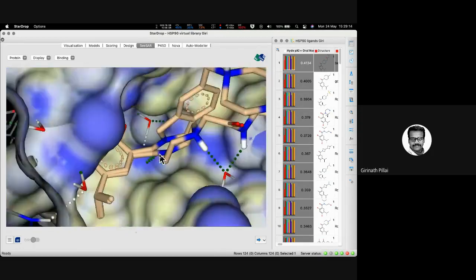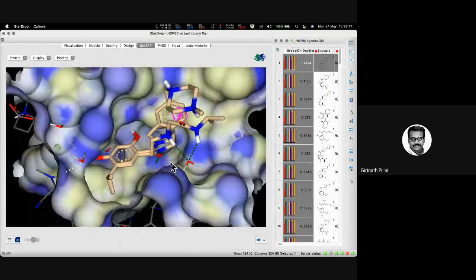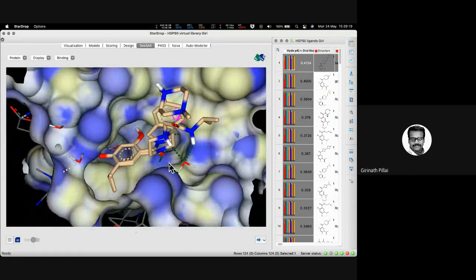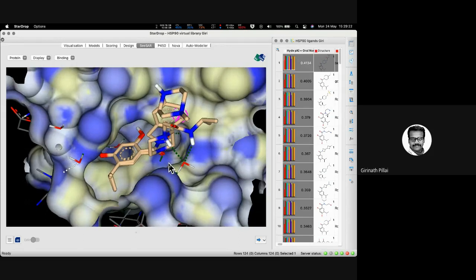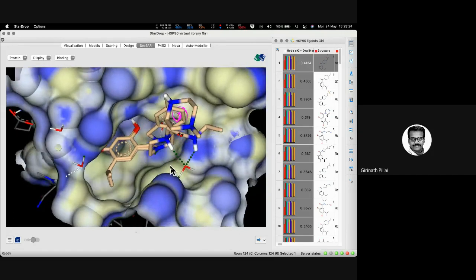So you cannot simply design a molecule based upon the literature and then come and ask, can you do docking for me? No, it might not fit in sometimes. So you have to have a thorough understanding. First, do it rationally. First, do some standard molecule analysis. Based on that, you design molecules. Don't simply design from scratch based on the literature. I know we have been doing that and have been successful in earlier days, but now it is too competitive. So we have to be very sure we are using the right strategy. Very important. Strategy should be very important.